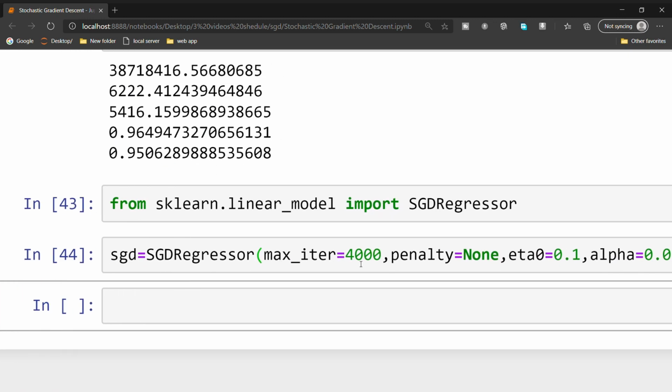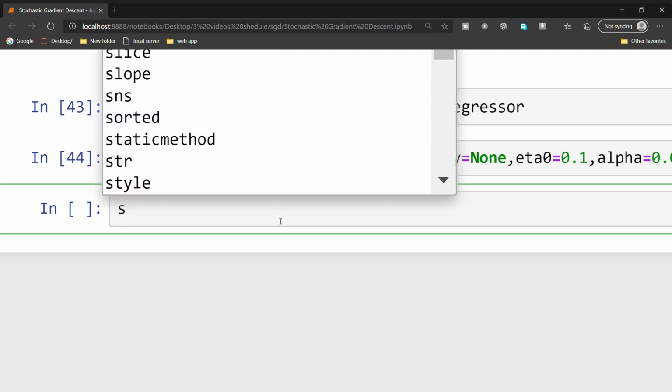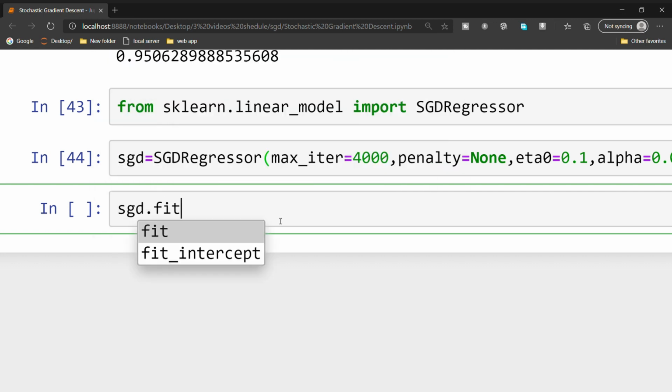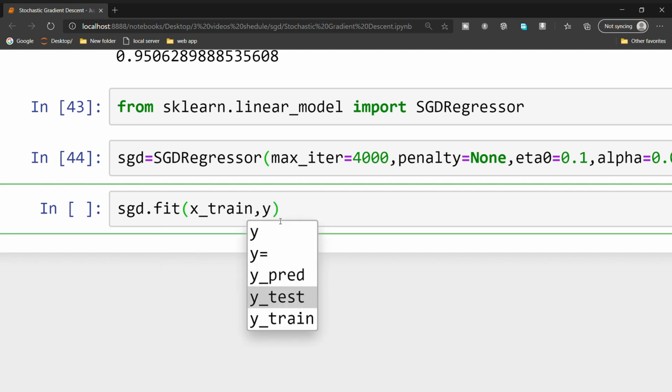Now let's try to fit our model. sgd.fit x train comma y train.